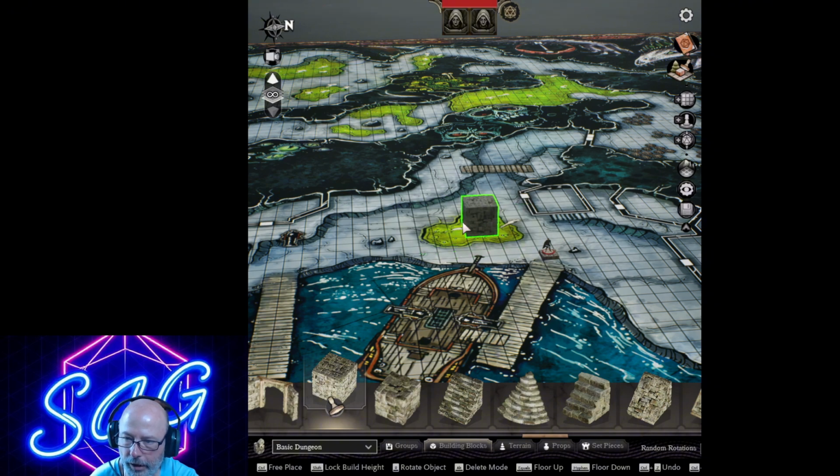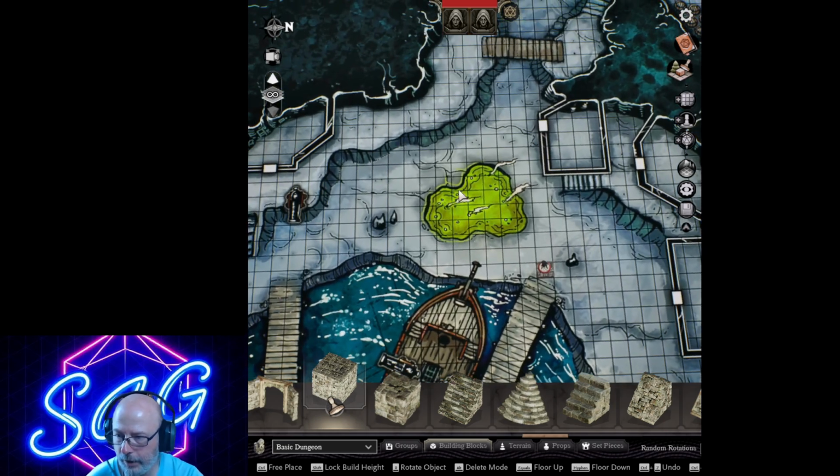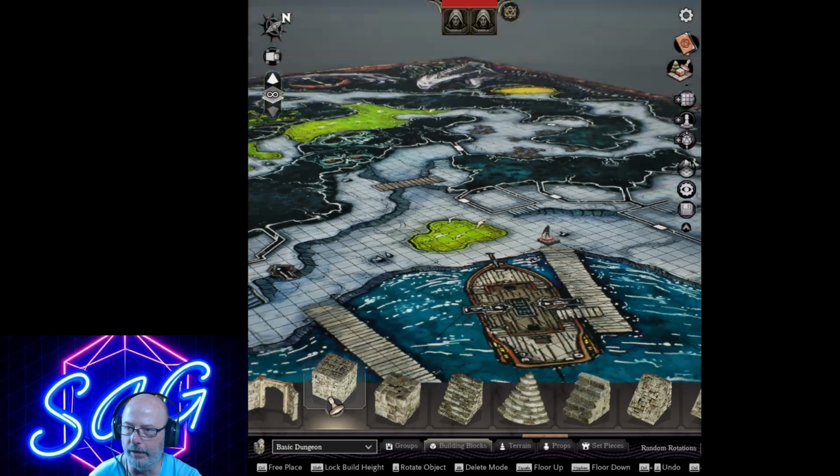When we get a map, the first thing that we want to look at is some